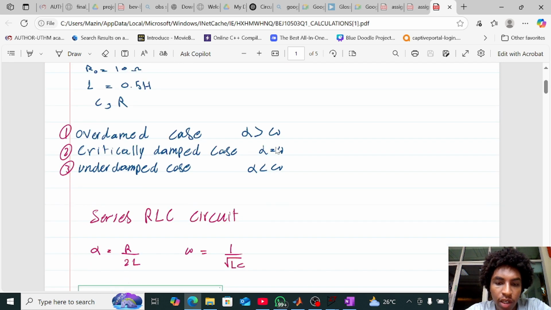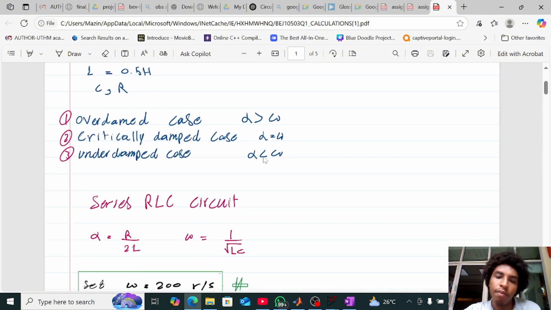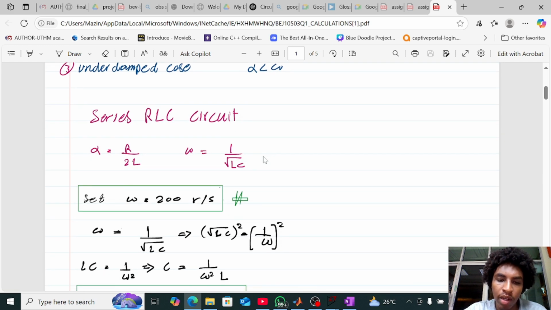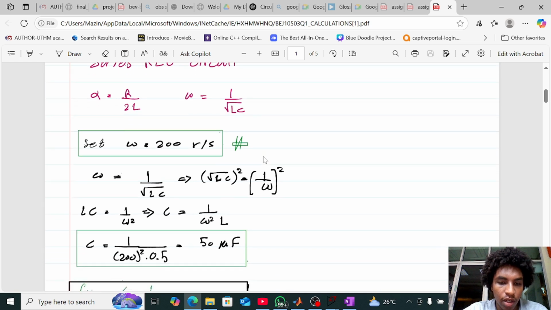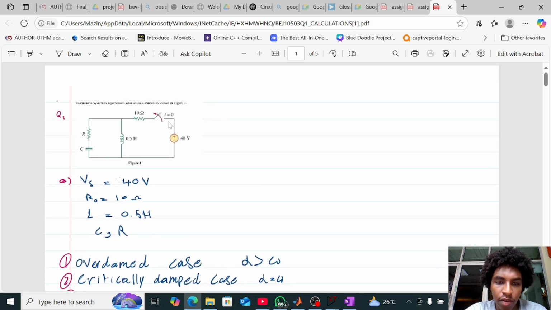So for the underdamped, alpha should be less than omega, and for overdamped, alpha should be more than omega, and for the critically damped, the alpha and omega should have the same value. So we fix the value of omega to 200 radian per second, and then actually in this circuit, after the switch is on,